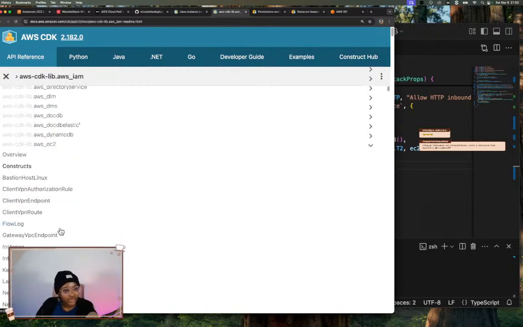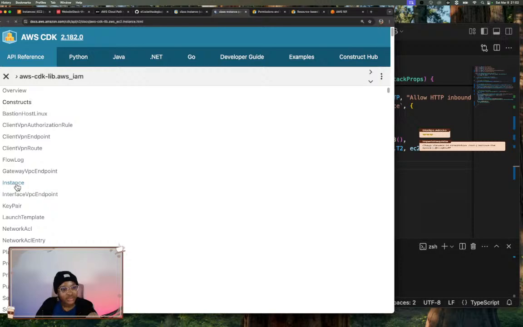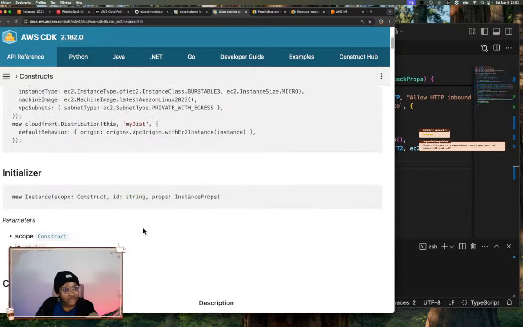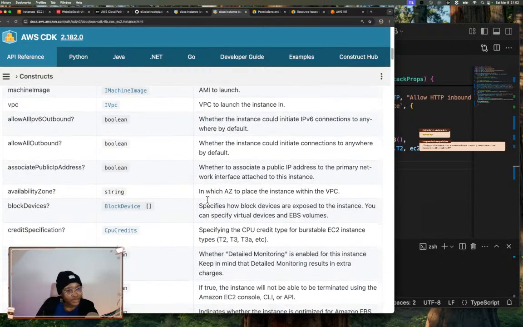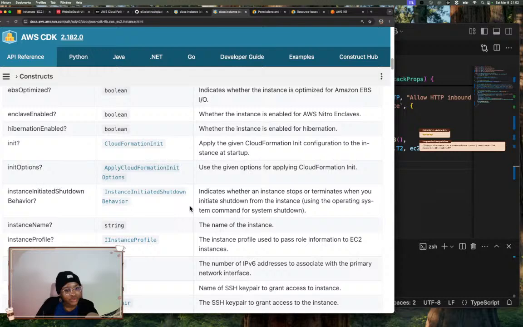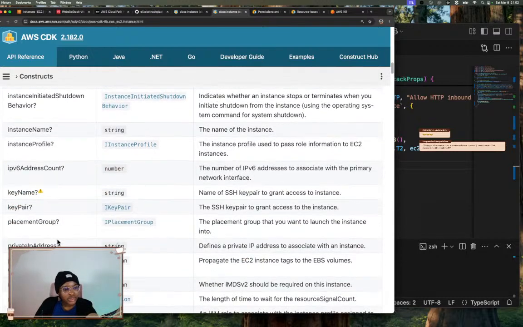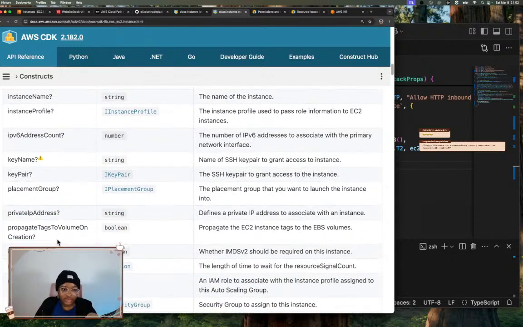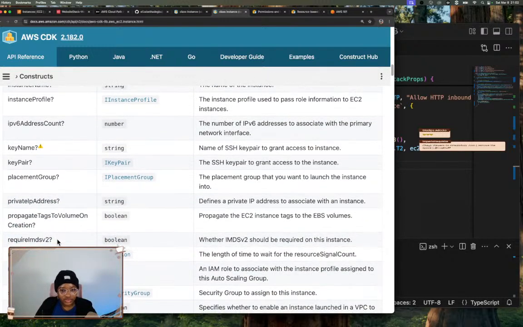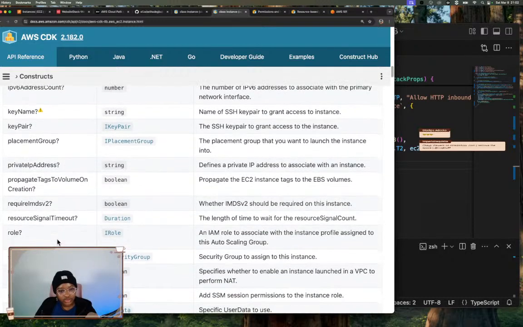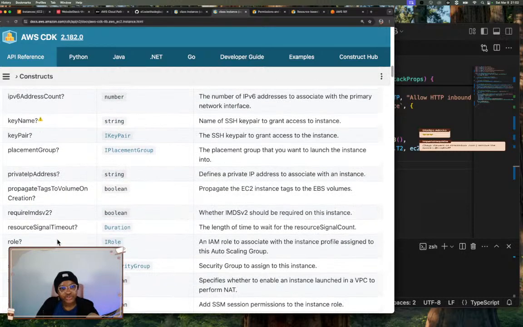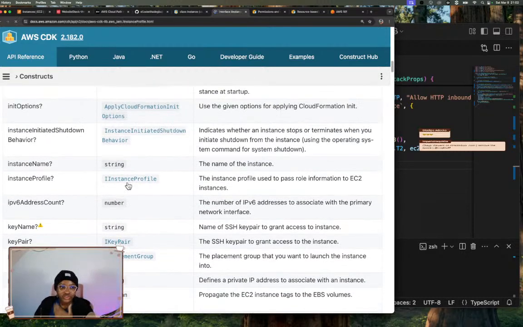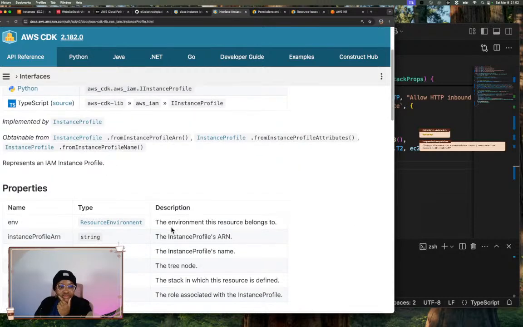Yeah, EC2. We have our instance, and I want to check the policy stuff. So this is the instance profile. We can set some things on the instance profile if we create it ourselves, or which one should we do? Let's use the instance profile instance. I think that would be